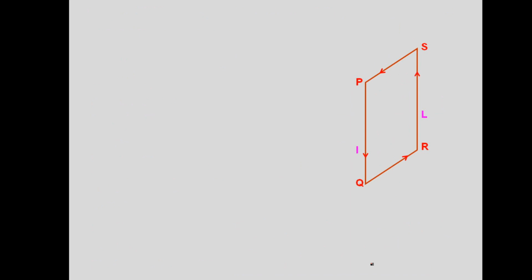See, this is the plane of the coil again. This is the axis, this is the magnetic field, and this is angle theta. This is width B, and on this side is force PQ, and on this side is force in the inward direction, RS. So they are going to produce torque.